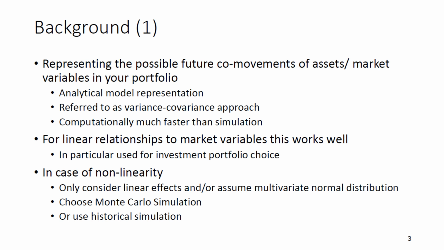And in particular, we limit ourselves to the case where it's a linear relationship. So, and if it's not linear, then we will see whether we could make it linear, and otherwise we will rely on